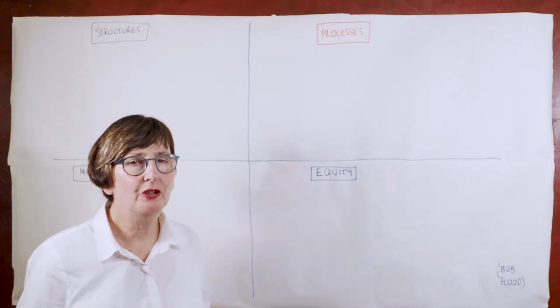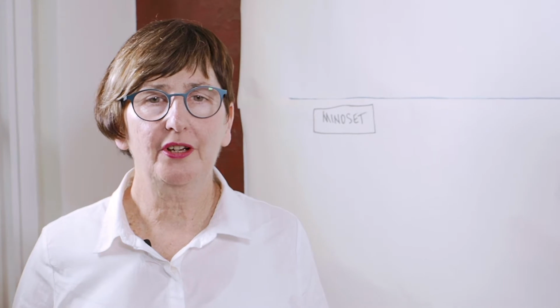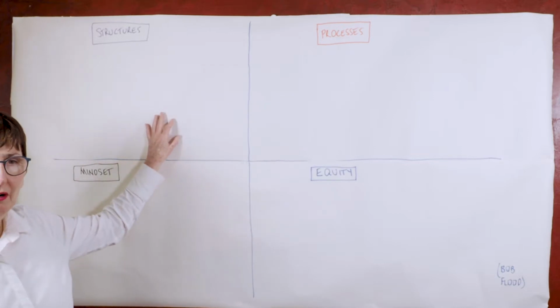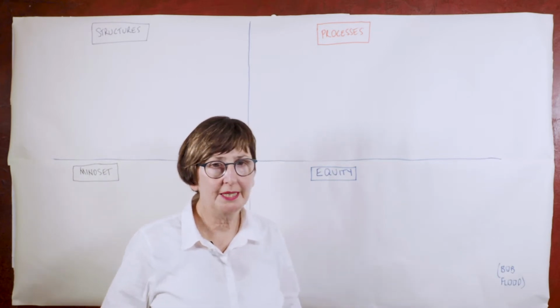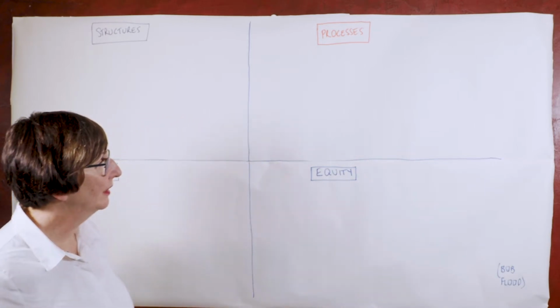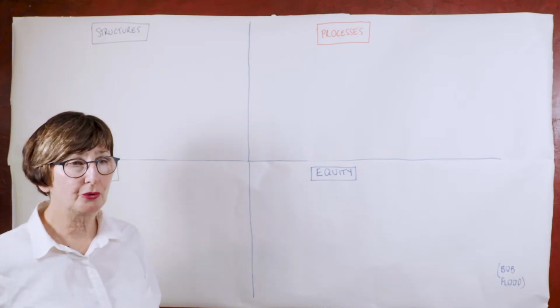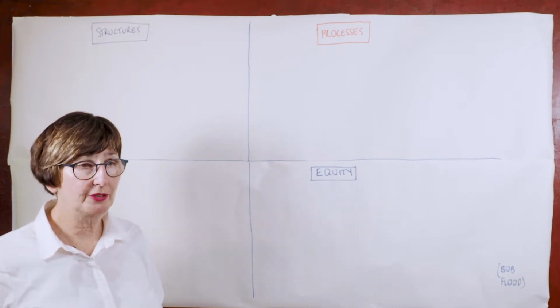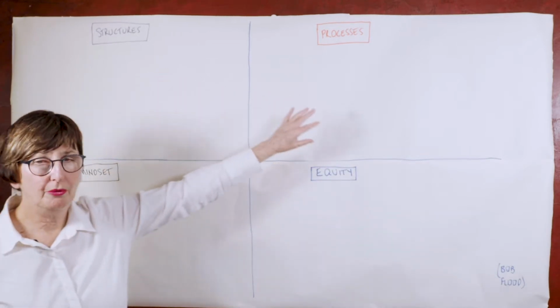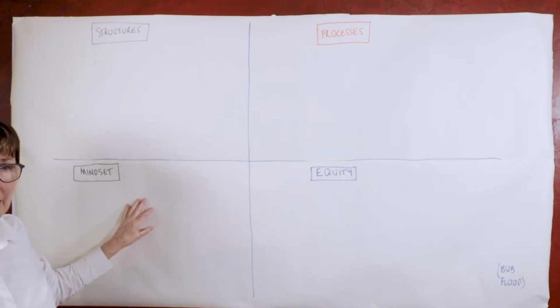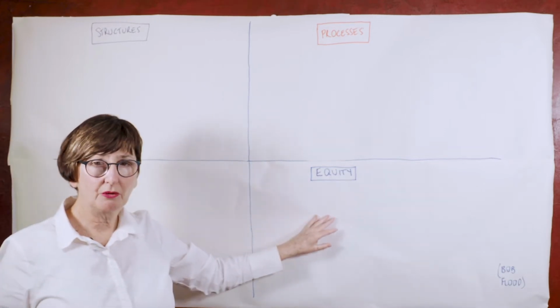So I have been talking a lot about the work. So inside the work, outside the work, doing the work. What we're going to talk about now is, what is the work that we're all doing together? And for me, it really resonates. There's some work by a man called Bob Flood that Megan Sagan put me onto earlier this year that I find really resonates for how to think about the work that you need to be doing in the first 18 months of collective impact. And it breaks down very much into structures, processes, mindsets or how we're thinking about things, and equity or how we're using power.